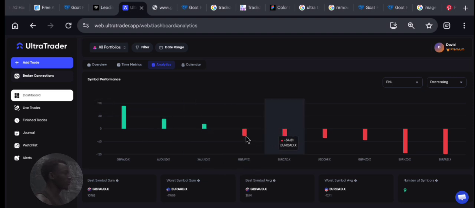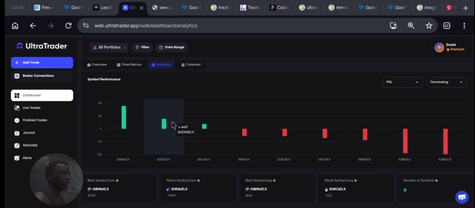You can also see the pairs that made me losses. This can show me which pair I'm more profitable in. Understand? One of the pairs that made me the highest loss is EUR/AUD, which I lost $119 on. Followed by EUR/NZD, where I lost $114. Followed by GBP/NZD, where I lost $53. Then USD/CHF minus $43, EUR/CAD minus $34, GBP/JPY minus $33. So those are the pairs that make me losses, and this is the pairs that made me wins